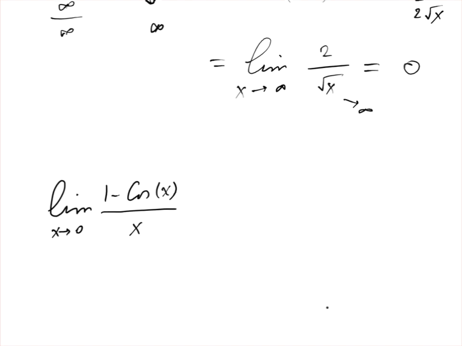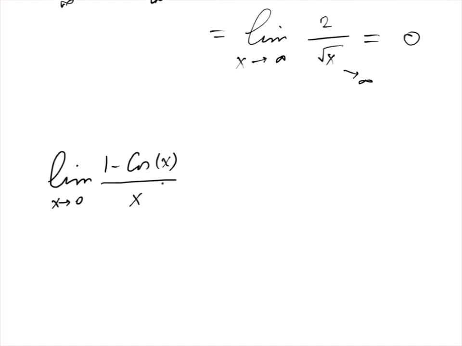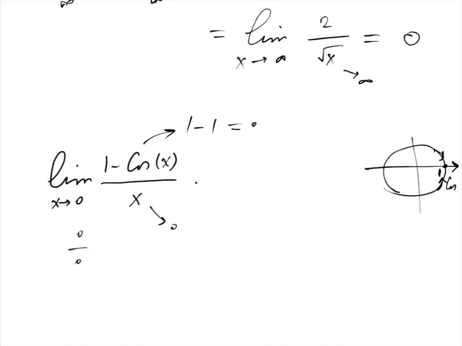So here's one more example. The limit of 1 minus cosine x over x as x goes to 0. The numerator tends to 1 minus 1 because cosine of x tends to 1 as x tends to 0. You can see it on the unit circle. This is the cosine axis, and here's where the 0 is, from the right or the left. Cosine tends to 1, and then the denominator goes to 0, so we have 0 over 0 type, which can be done by L'Hopital's rule,